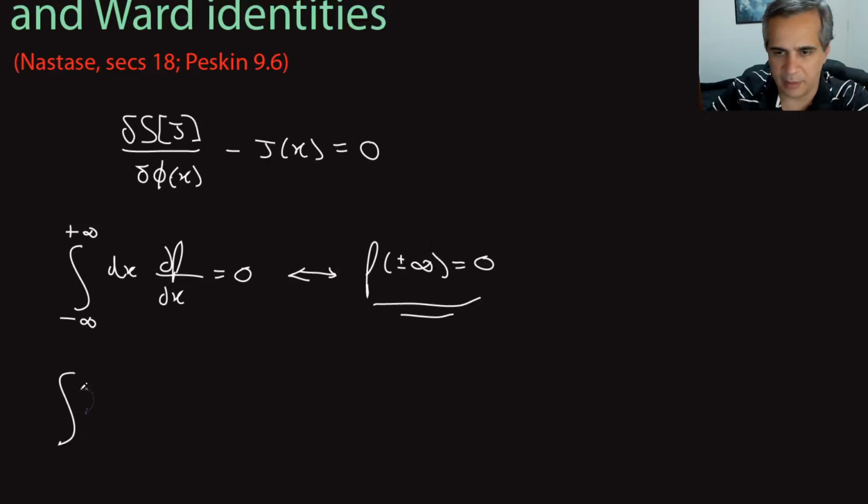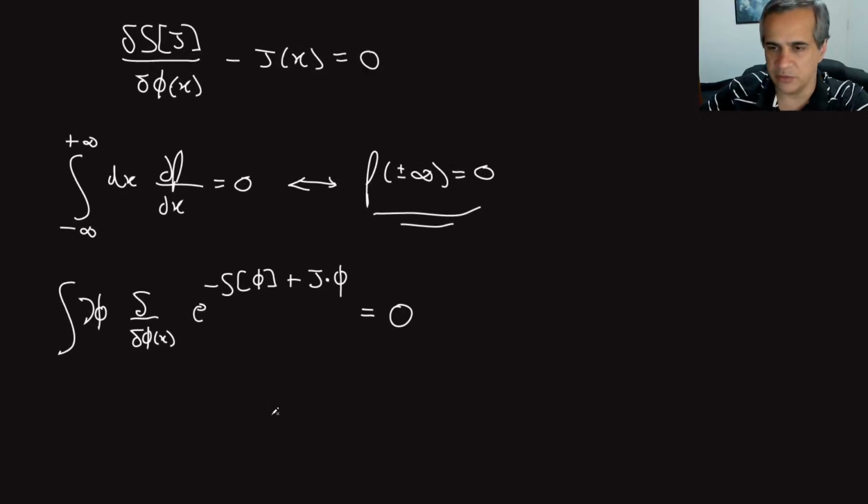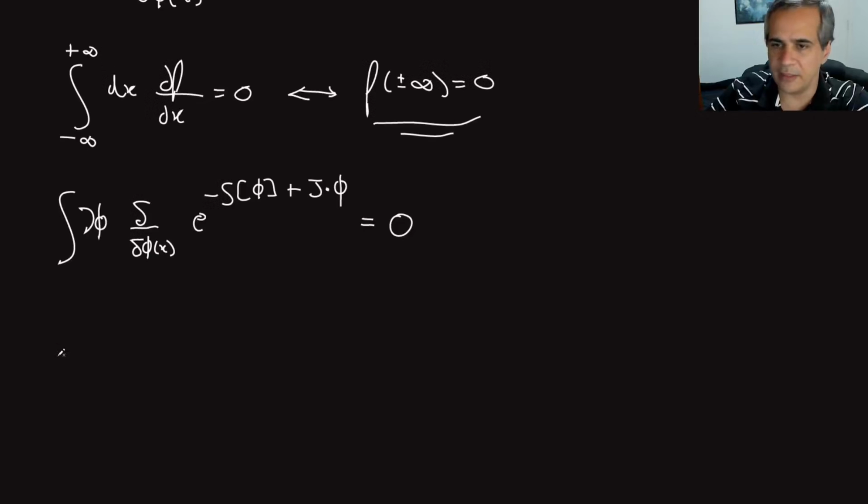If I write a path integral over phi of the functional derivative with respect to phi of the exponential of minus the action S of phi plus j phi, this is the function I have here, it's not this functional. This is 0. That is true in Euclidean space because even the boundary terms don't need to be 0, since I have cyclic, periodic conditions for my path integral. And then I can use this equation to rewrite this in the following form.